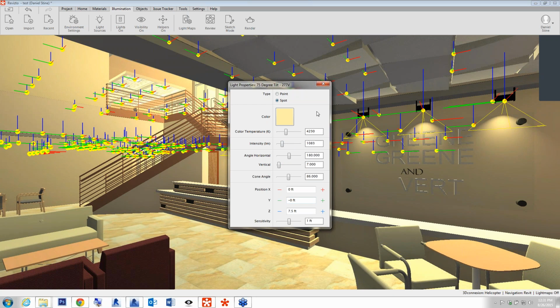The Revizto Editor and Viewer are really great design tools for lighting at a design level, but for professional lighting design and calculations, you'll want to note that it substitutes the photometry from the Revit families with generic light sources like point light and spotlight.